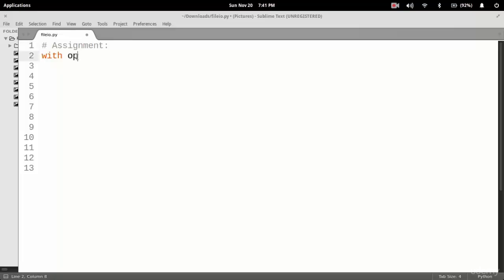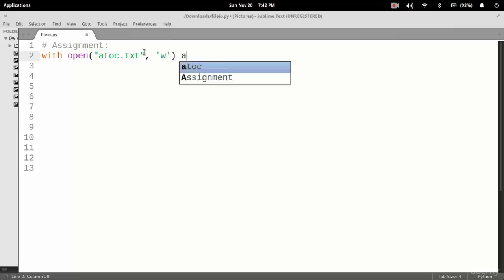With open, I just named the file a2c.txt, and it is in the write mode, as F1,